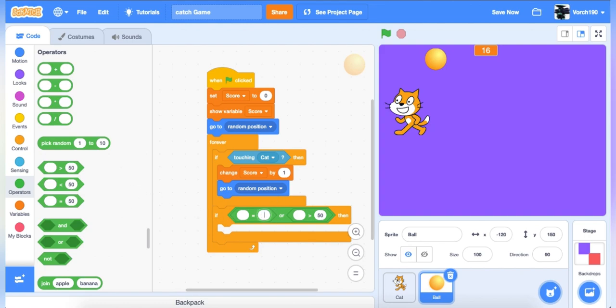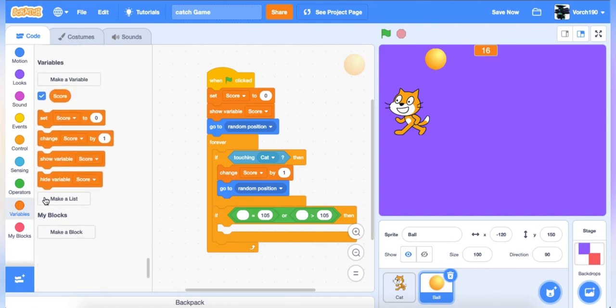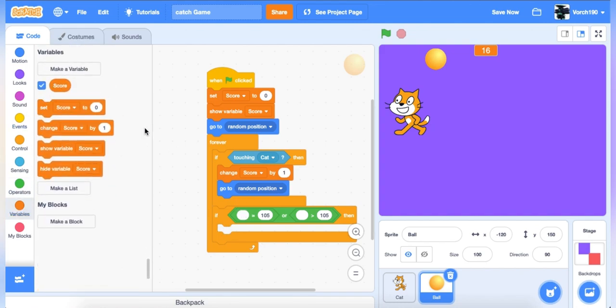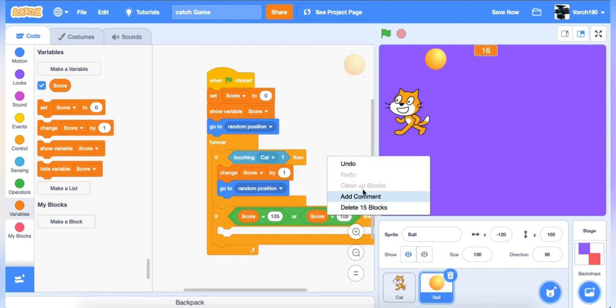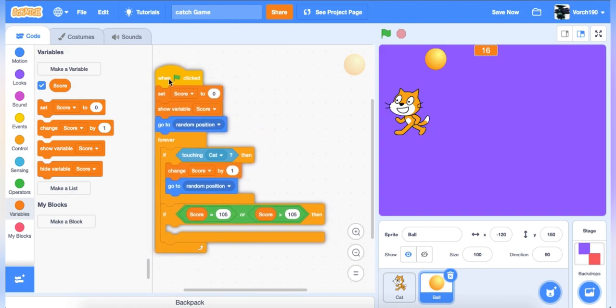So we'll just keep it as 105. It's just a basic number. Now click on score. You'll be like, how do I put this thing? We'll just take out score. Kind of clean up blocks. Yeah, so score 105. Then